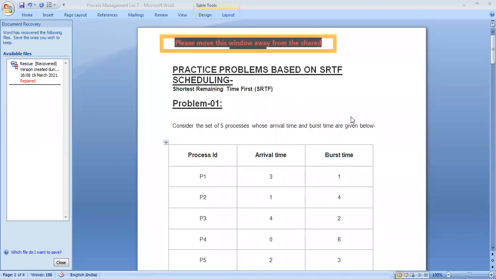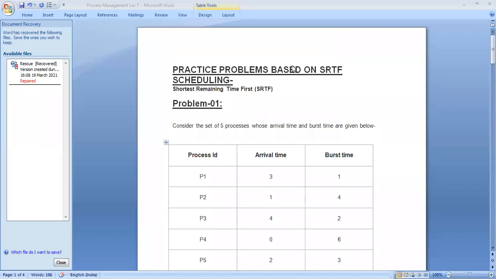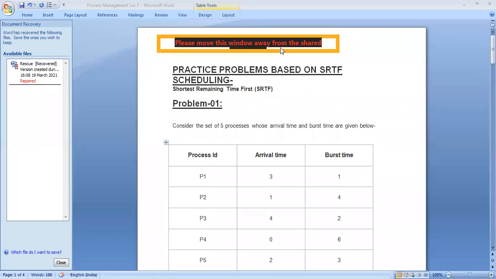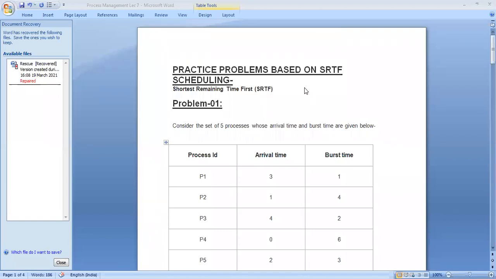Till now, I think you still have some doubt about what preemptive mode is. So now we'll try to solve this problem. After that, your preemptive concept will also be clear. We have taken the same problem as the previous example, the only difference is that we'll solve it using shortest job first preemptive mode, which is called shortest remaining time first.